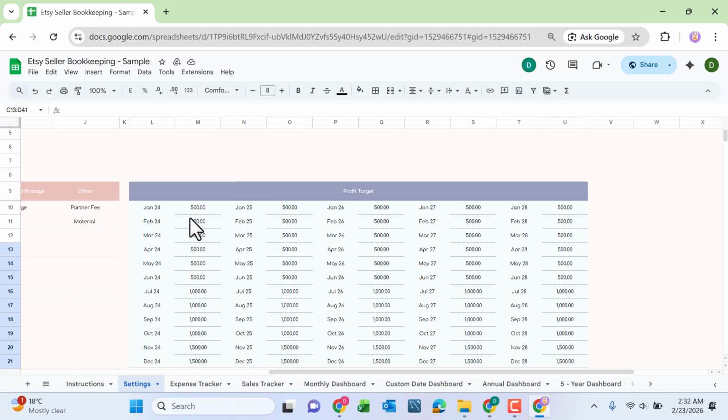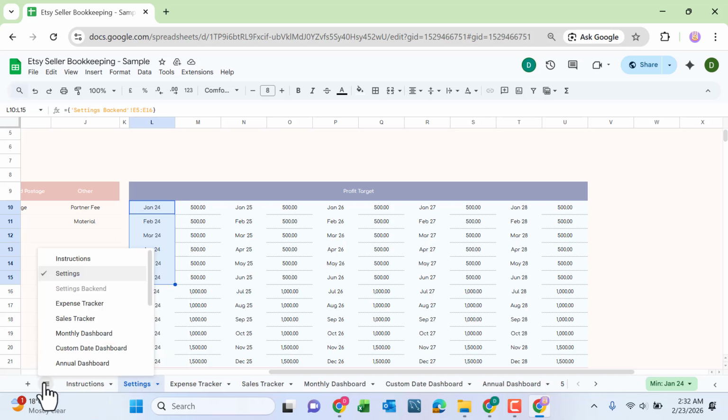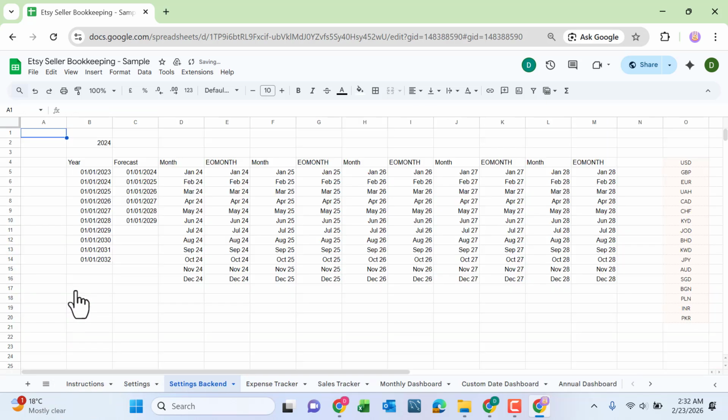Then the profit. Here we have 5 years at a time, so you don't have to change these. What you have to change is the profit. And if you want to change these years, then you can change them from here, like if you go to the setting, and